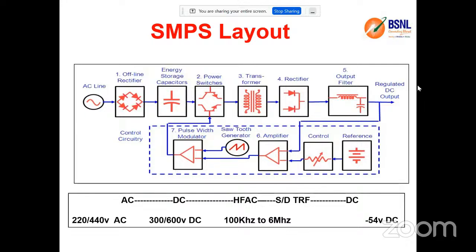So what this output has to be maintained, for example, the 48 means the 48 has to be maintained even with any changes with respect to the input or any changes with respect to the load. The load may increase or decrease, input voltage may increase or decrease, but I have to adjust my output voltage, which is expected to be at the same constant 48 volt. For which these control circuitries are available. Accordingly, they will automatically adjust the pulse switching on and off time, so that we are able to get the expected output. It's like a simple closed-loop control circuitry.